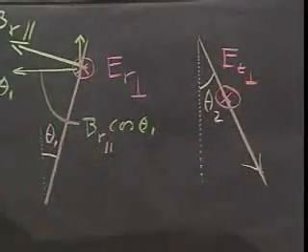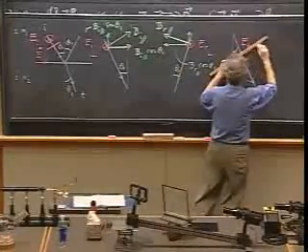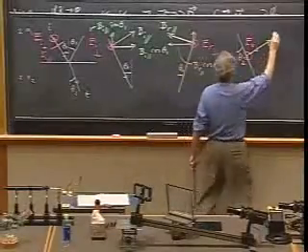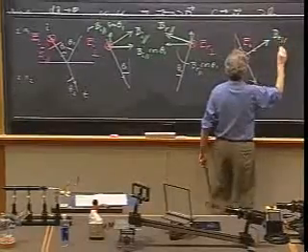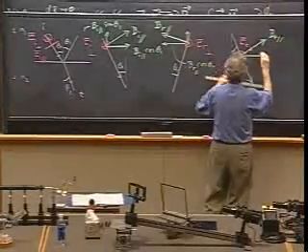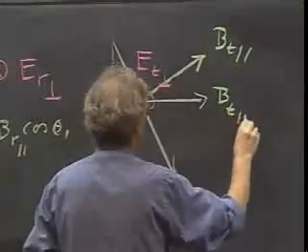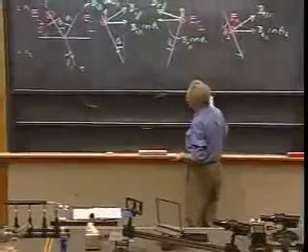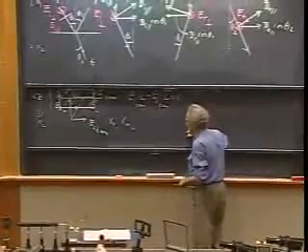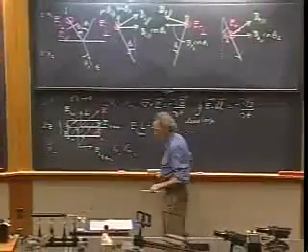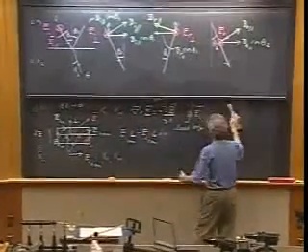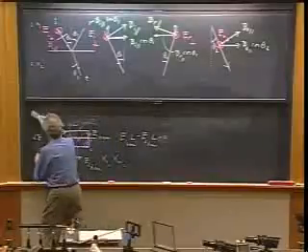It is married to a B vector. And that B vector must be in this direction, to make sure that E cross B is in the direction of propagation. So this is B transmitted parallel, and the horizontal component is then B transmitted parallel times the cosine of theta 2. All of this we need. But we are close. I'll give you a minute to digest it, and I will erase this so that we stay on the center board.